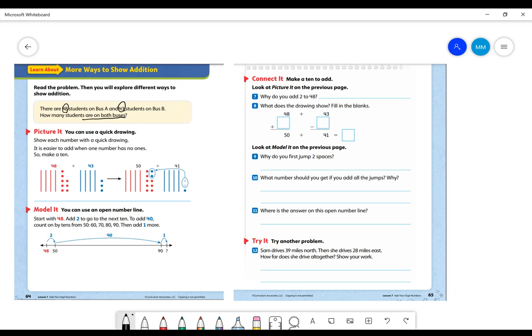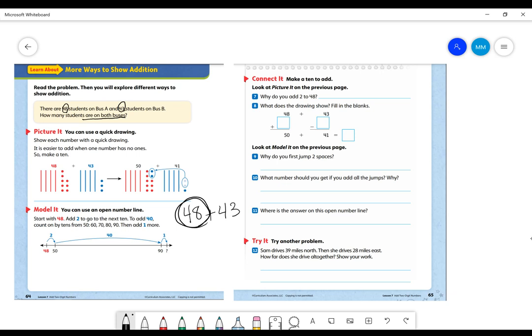So I'm going to erase this because we can also show it on a model. We can use an open number line. So with an open number line, we start with a part, and then we use our second part to get to our whole, right? So with our model here, with our open number line, we started with 48. It then says to add 2. Well, where is that 2 coming from? In 48 plus 43, 48 is staying the same,